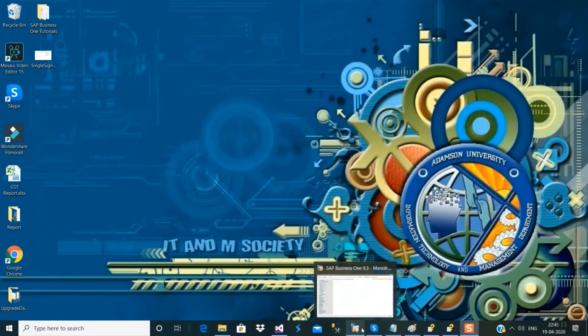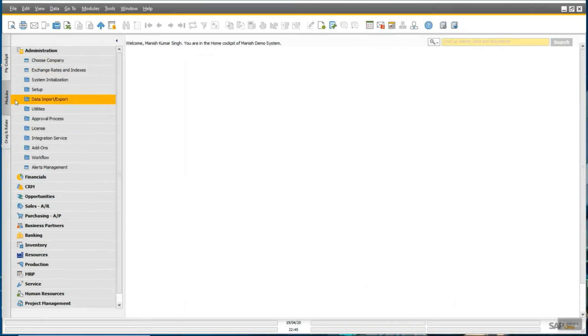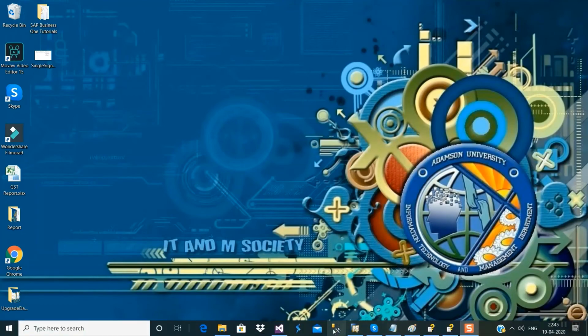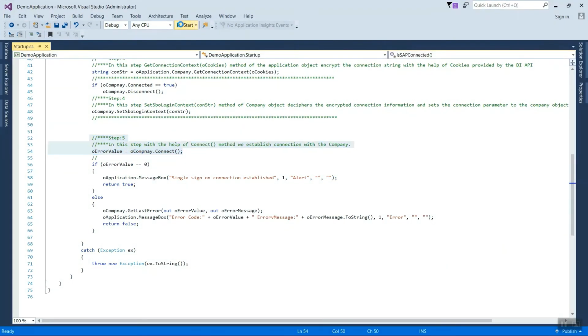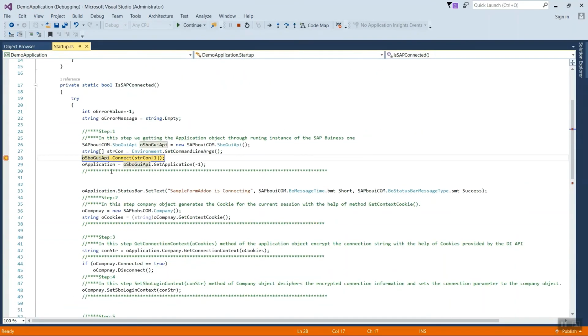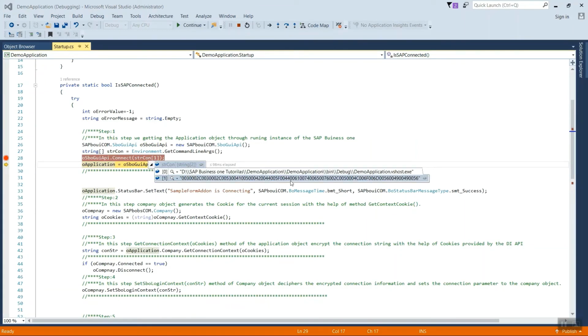Before this, let me log in into SAP Business One. As you can see, I have already logged in. Here you can see we have got this connection string parameter from the properties of the application through command line arguments.